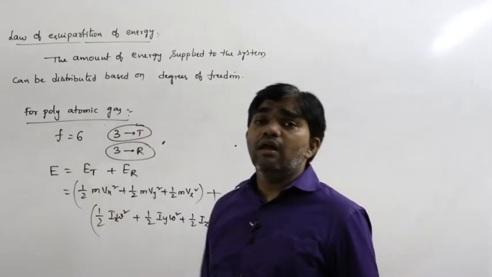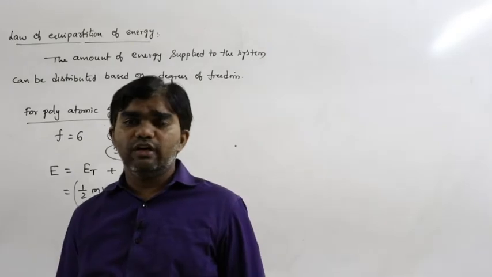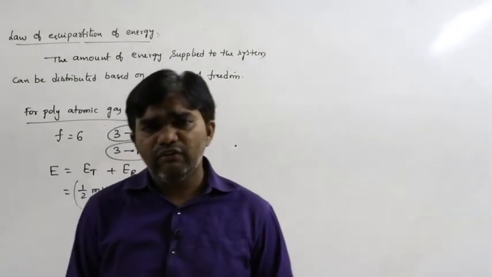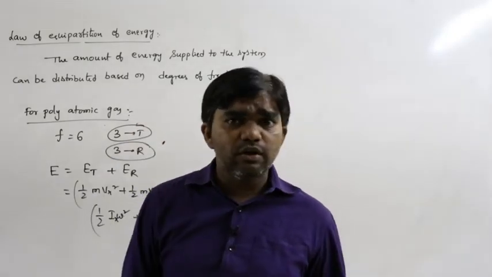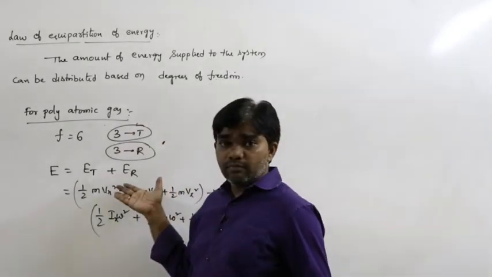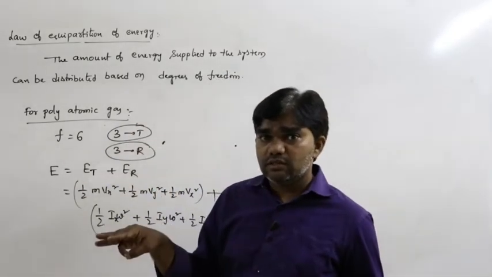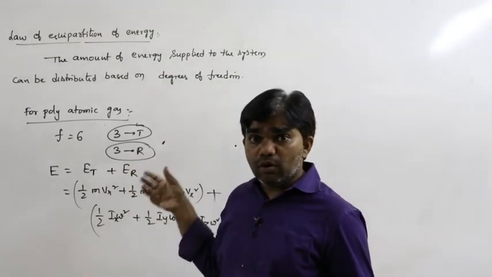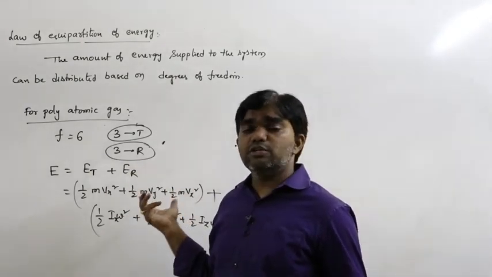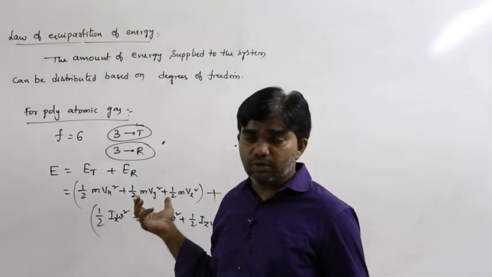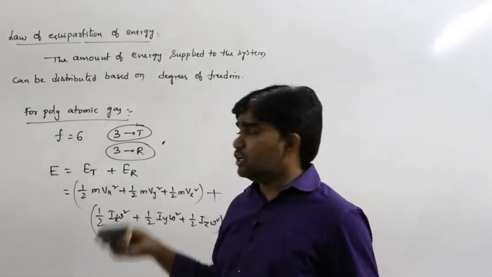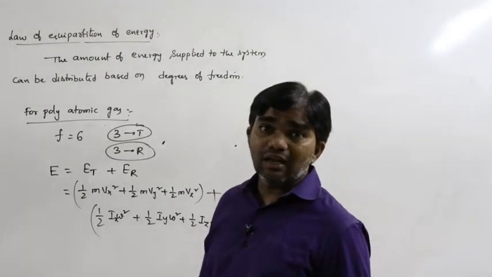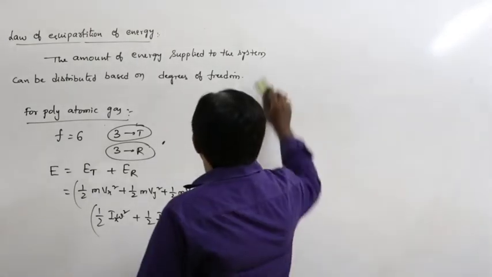This is called the law of equipartition of energy. Whatever the amount of energy, even if you supply only 1 joule, that 1 joule is also divided in 6 ways here, or 5 ways, or 3 ways. So depending on the mode of degrees of freedom, the energy must be distributed. This concept is called the law of equipartition of energy. So next,